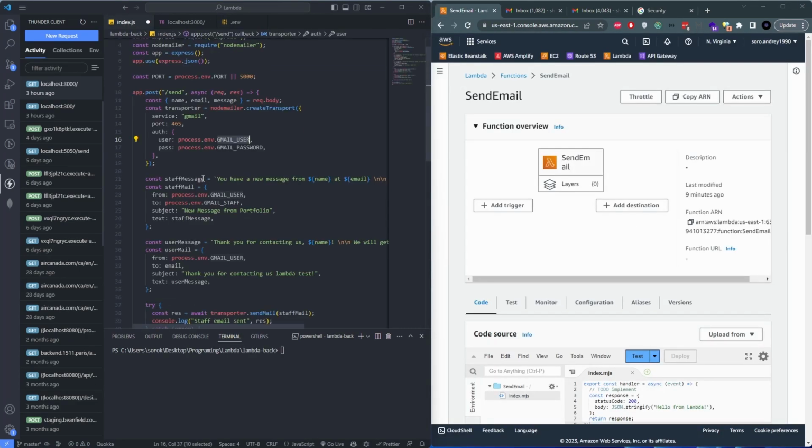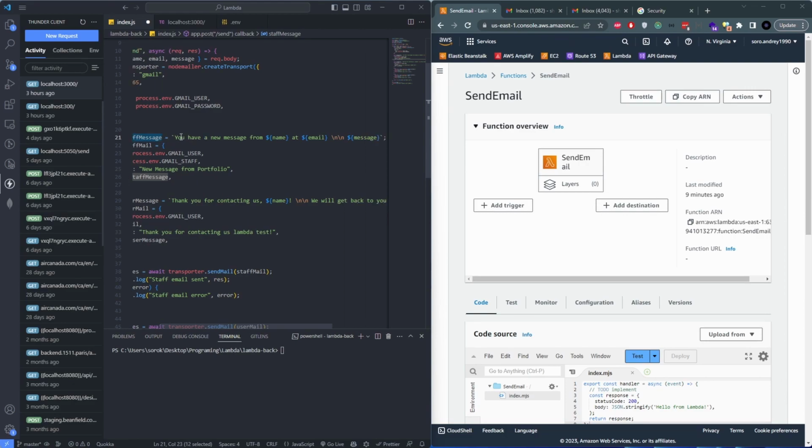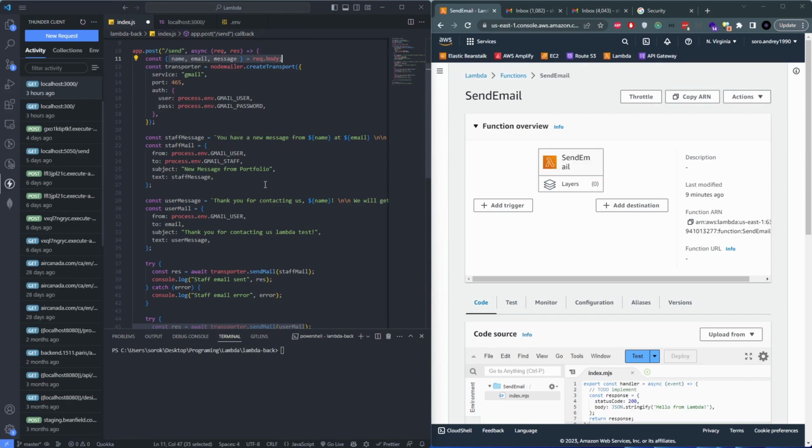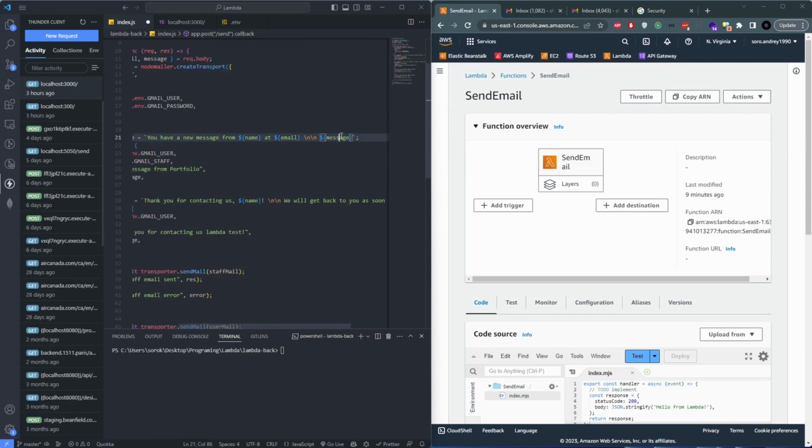So then we move on. Basically, this transporter is the SMTP client, and you're specifying where we're going to be sending those emails from, and you need that app password, which we are importing here as an env variable. Then here we're specifying the email that we want to send to our staff, such as: you have a new message from the name of the user that we parse out on this line here, the email of the user who's submitting that, and the message